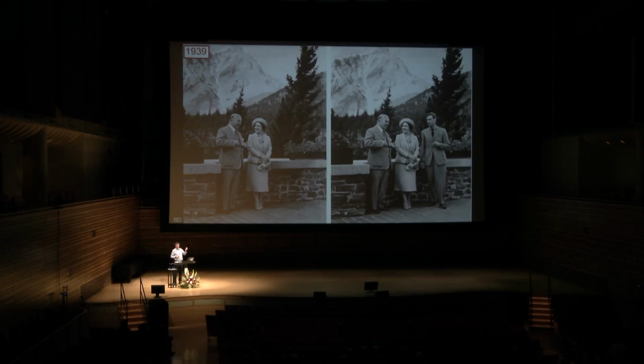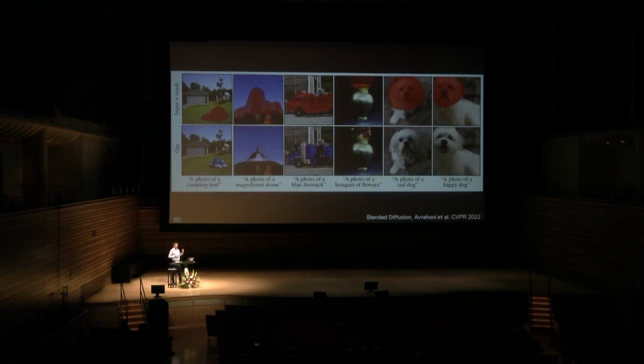Things like what's called in-painting, removing an object that you don't want from the scene. This is from the 1930s, someone didn't want this guy on the right in the picture, and so someone had to work hard to replace him with realistic looking texture. This is all definitely pre-computer for sure. Of course, now the modern version of that is on your phone. There's something you don't like on your image, you swipe your finger over it, and that is removed or deleted, and even now replaced by something that you describe.